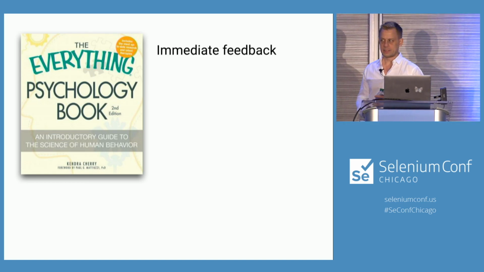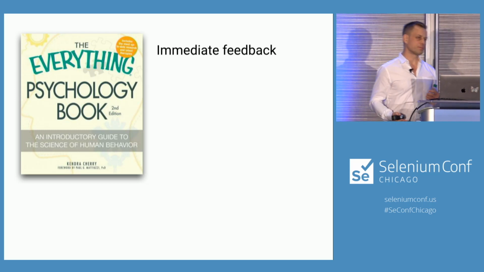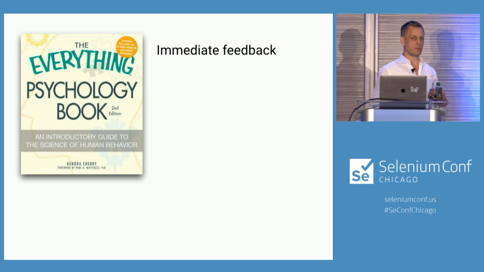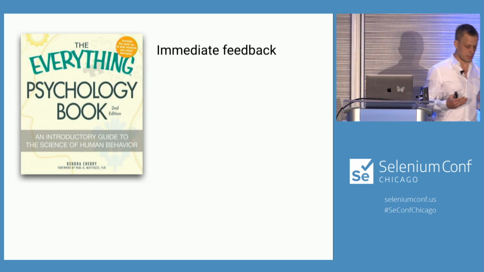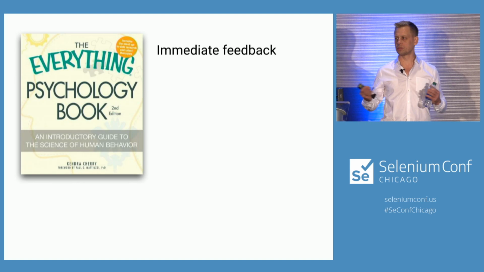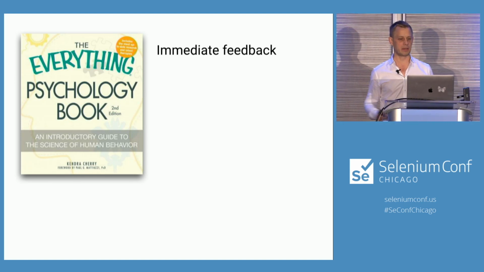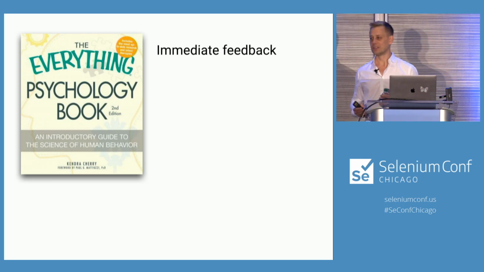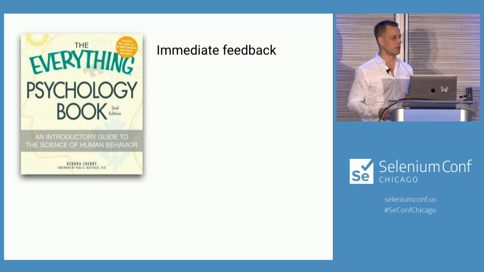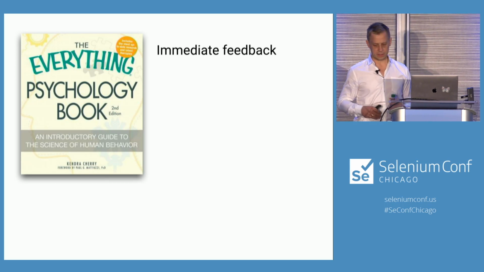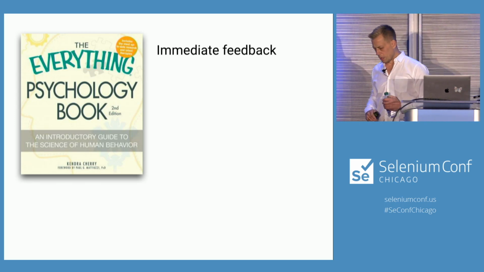Now, the first one is that you can have immediate feedback. Whatever you're doing, you will know straight away whether that thing you're doing is working or not. Sports people have this, people who exercise. If you're a downhill skier, you have immediate feedback so you don't crash into a tree. But it's also important when you're a programmer to have immediate feedback. And this is becoming increasingly difficult, I find.